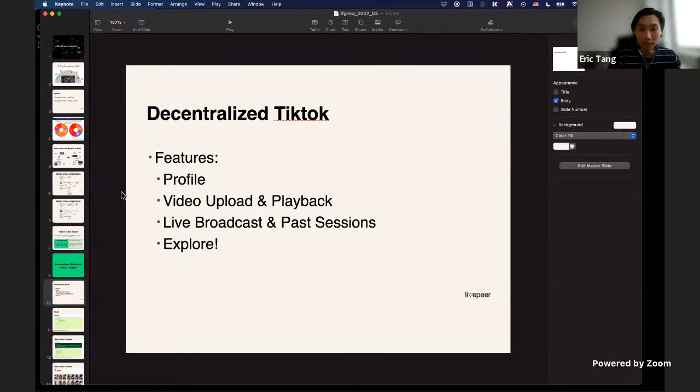A decentralized TikTok should probably have a user profile that's tied to a Web3 wallet. It should have video upload and playback capabilities. People should be able to record a short video, upload it, and then the application should be able to play it back. TikTok also has a live streaming capability, so users should be able to create a live broadcast.